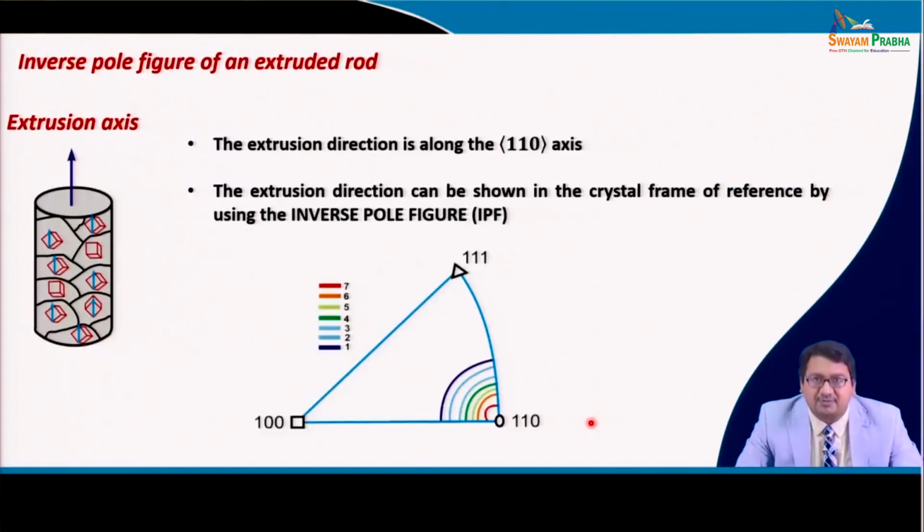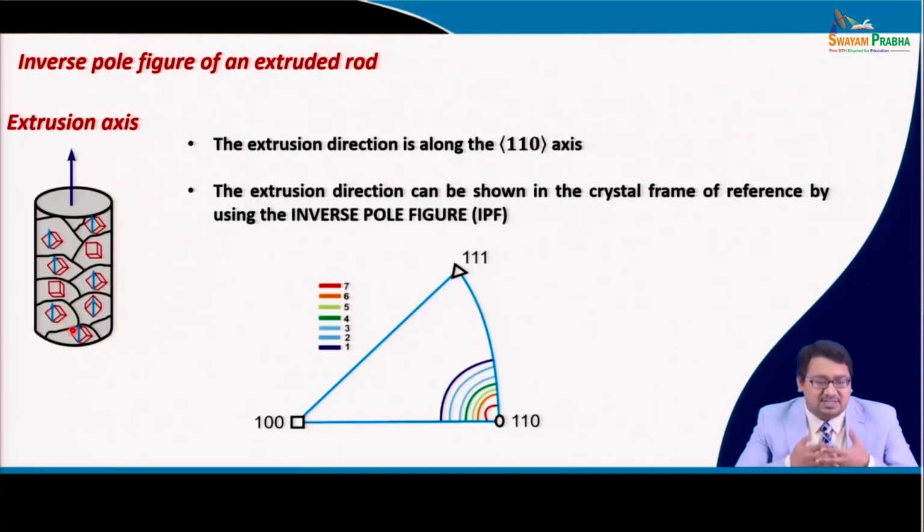So, most of the time the inverse pole figure is usually shown for axial deformation, and why? Because in an axial deformation, like an extrusion process or a drawing process, there is a single important direction, which is the axial direction, and that is here the extrusion axis. In some cases it could be the drawing axis. Say, for example, we have a rod produced by an extrusion process,